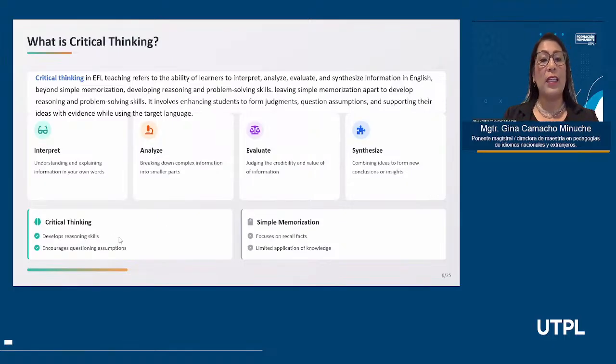The other one is critical thinking. It develops reasoning skills. Students become more thinkers, and they go beyond in a deep way. They start to question themselves. Is it true?